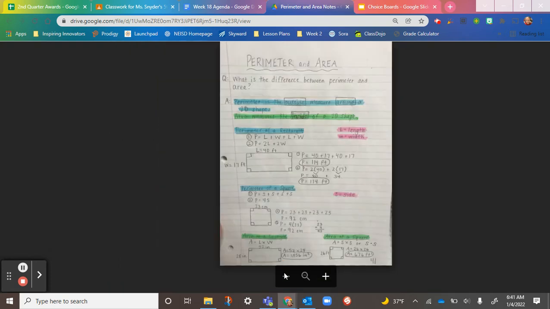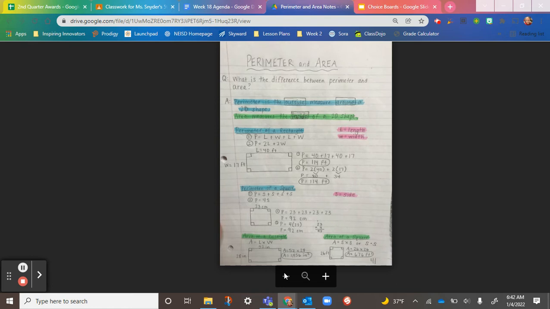All right, so we were talking about the difference between perimeter and area. So perimeter is the outside measure around a 2D shape. Area measures the inside. So perimeter outside, think about like if you're outside and you have a fence, the fence goes all the way around the outside. So that would be, you would use, if you had a question and you wanted to know how far along or how much fencing you needed to go all the way around.